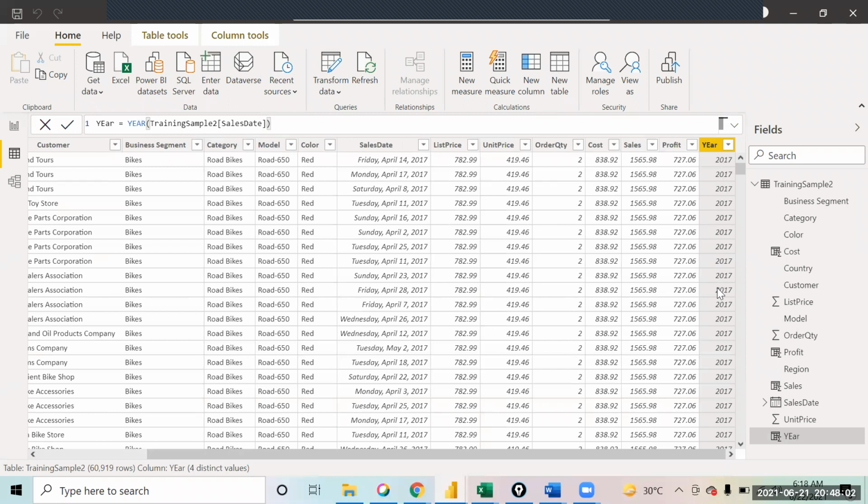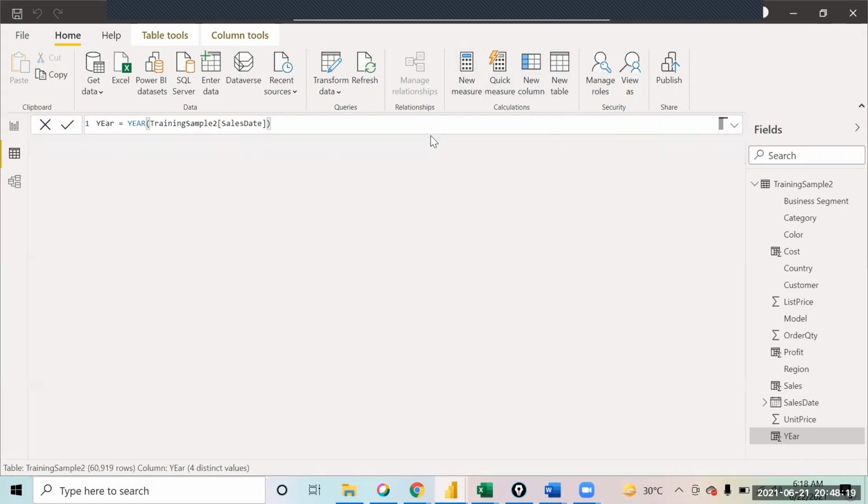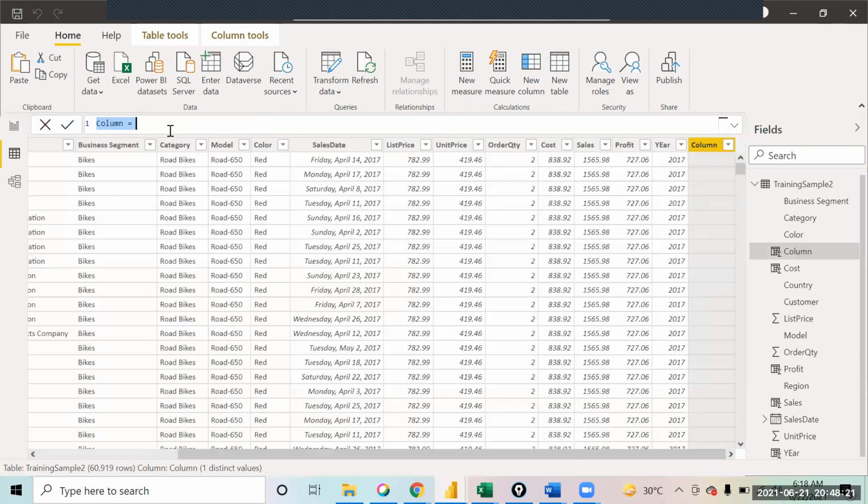So we don't need to choose anything in the end then, right? No. If you choose that, your answer will go wrong. Same way, do we have it for month and date also? Yes, the same thing we will do for month and date, and week number also we will see. So we add new columns to extract the month. So you will say equal to month of sales date.